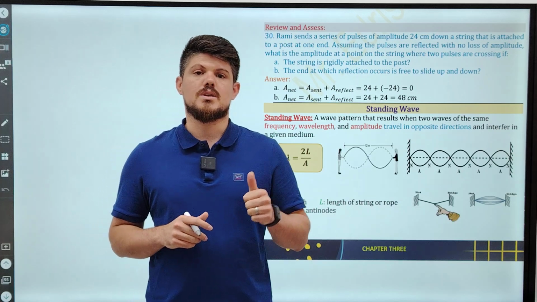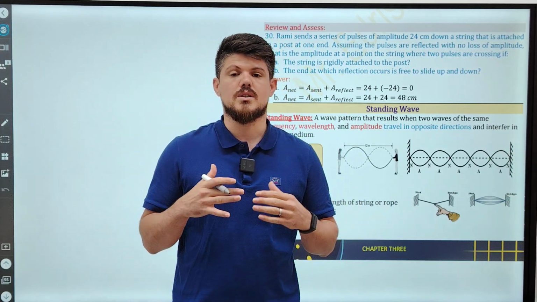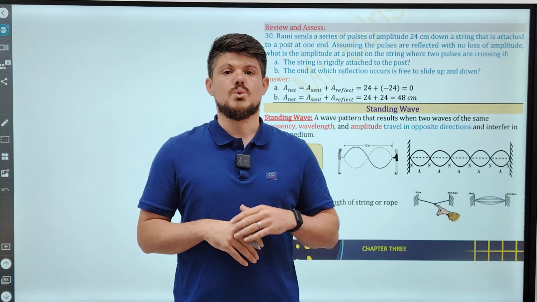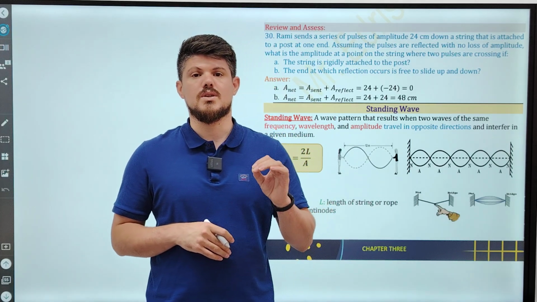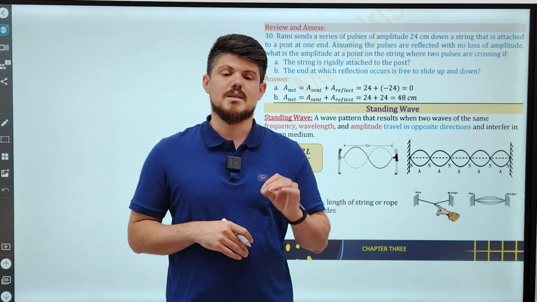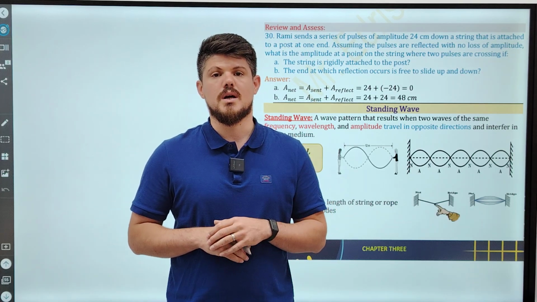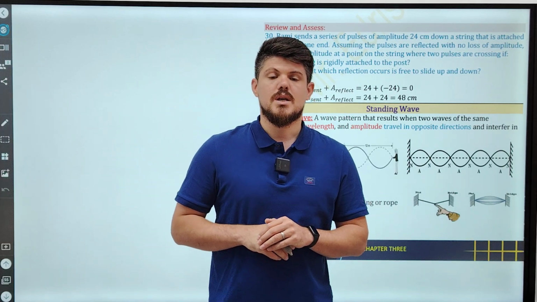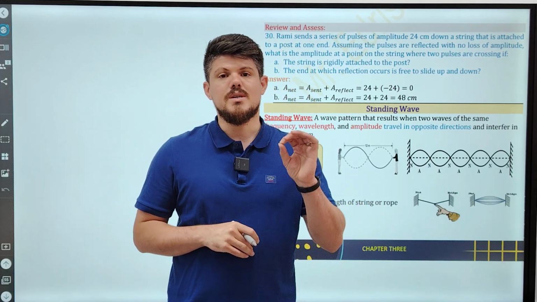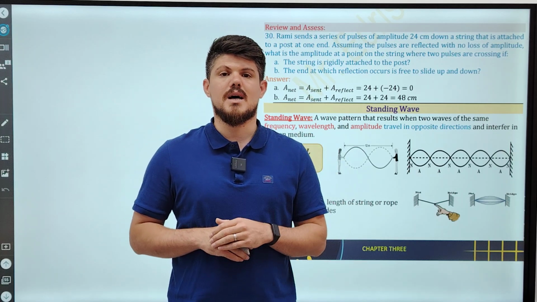In the constructive interference, the two waves interfere with each other to produce a larger amplitude. In the constructive interference, the resultant amplitude is always larger than the individual amplitude. Okay? But in the second type of interference, the weakening interference, the resultant amplitude is always smaller than the